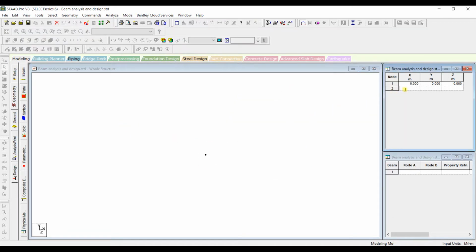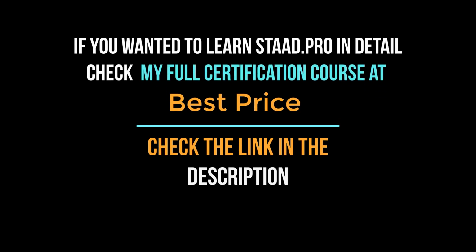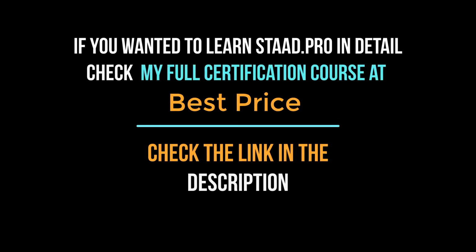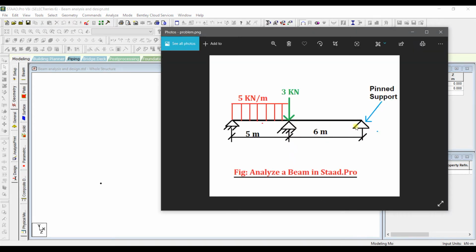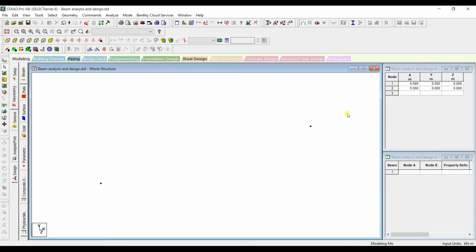Along x I will type here 5. Again, another support is at a distance of 6 meter from this point. So I will just enter 11 here.